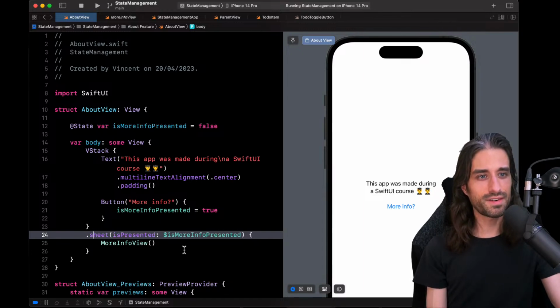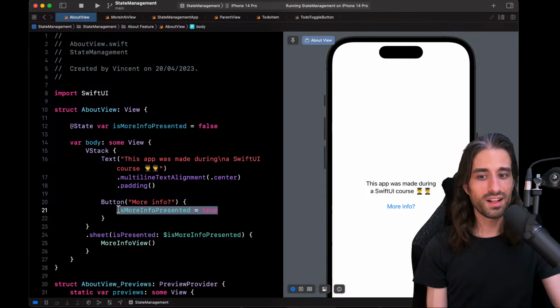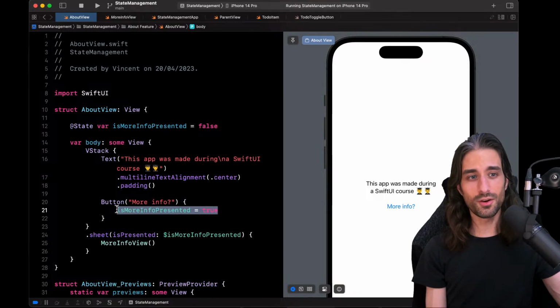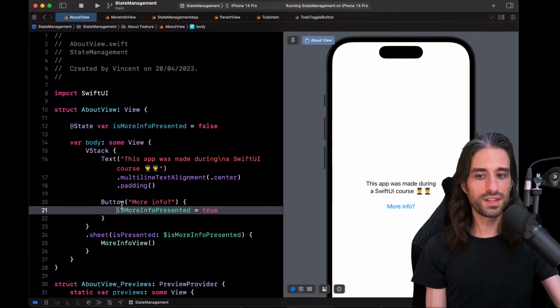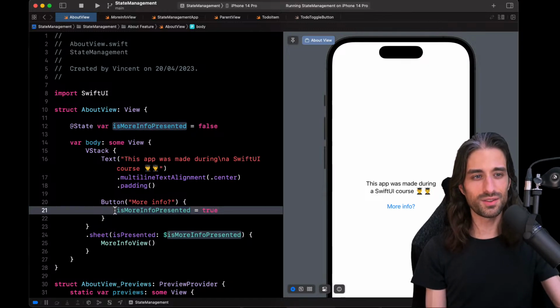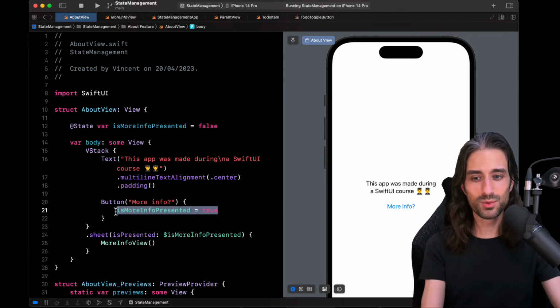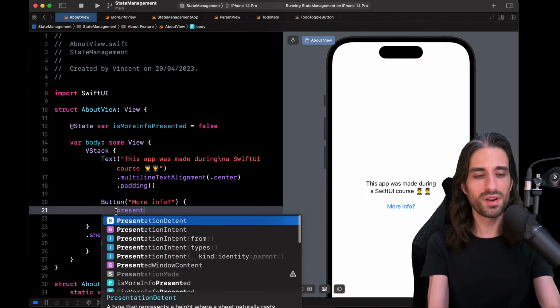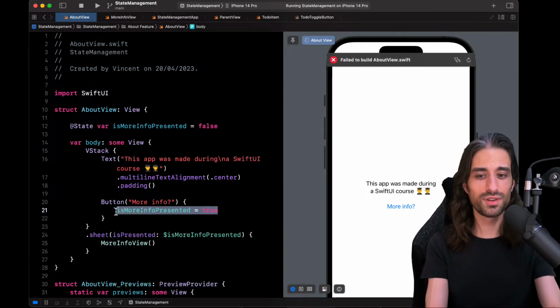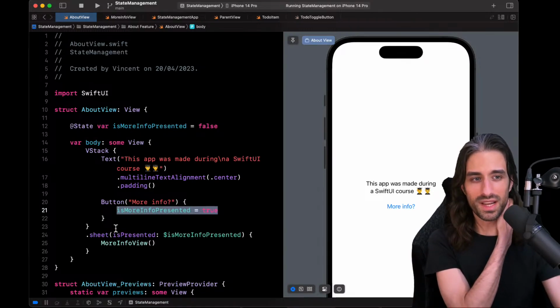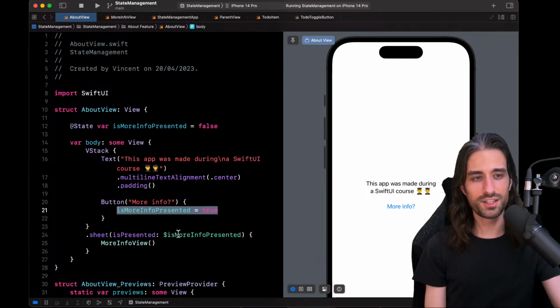But this idea of, instead of here in the button calling a present method, the fact that you don't call a present method in the button is often what can be super confusing or super unsettling for experienced UIKit devs, because you kind of expect to call present here, but it's not what's going to happen. Instead, you set a boolean, and that boolean in turn will trigger showing the model.